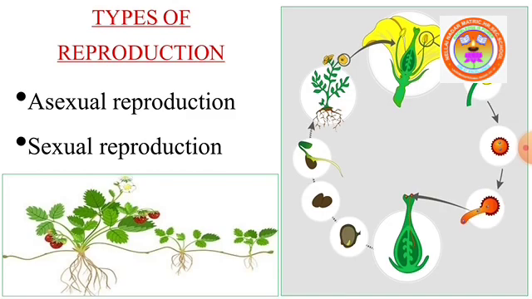What is meant by reproduction? Children, we know that reproduction is a vital process for the existence of a species, and it also brings suitable changes through the variation of the offspring for their survival on the earth. How do you define it? Reproduction is the process by which organisms produce their own kind. It's called reproduction. In living organisms, lower or higher organisms, reproduction is of two types: asexual reproduction and sexual reproduction.